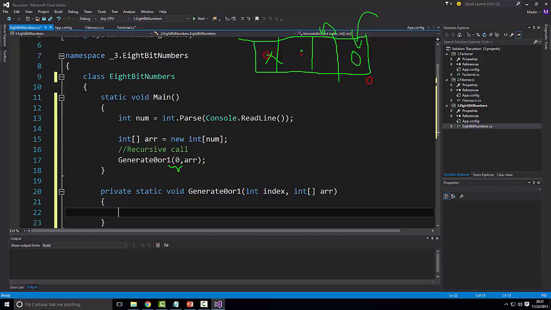Okay, so we don't know anything about these, and we definitely don't have a number that we can print out. So let's say that we are starting here, and I have to decide what thing should I put inside the next cell. Okay, so it's either 0 or 1, right? So first, it will be 0. I'll go to the next one, let me write it in red. So this one will be 0, the next one will be 0, the next one will be 0 also. And at this point we have something to print, right? We will have 0, 0, 0, 0. Okay, then we have to delete this,